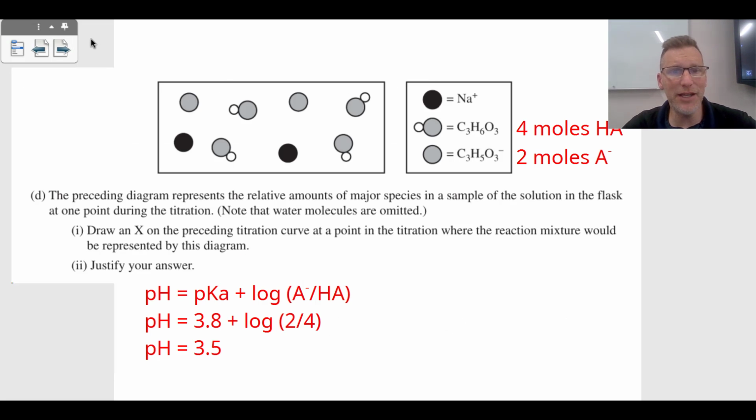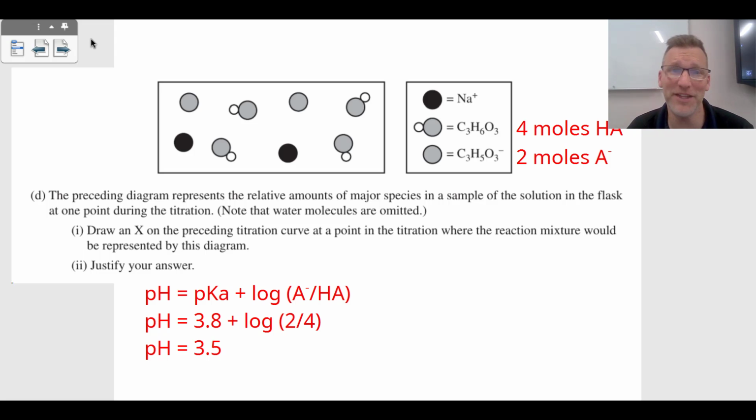Then part D, we have a part on this titration curve where we have a buffer. We have some weak acid, HA, that's the C3H6O3, and we have the conjugate base, A-, the C3H5O3-. And take a look at our particle diagram. We have 4 moles of the HA for every 2 moles of the A-. That's a 2-to-4 ratio of the A- to the HA. And so we plug that into